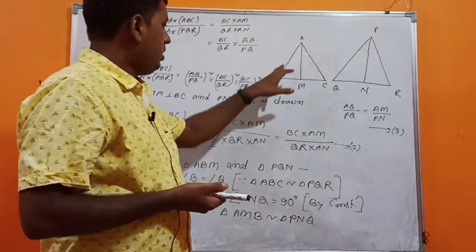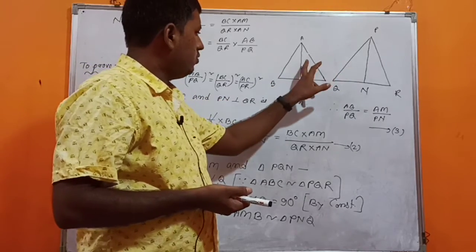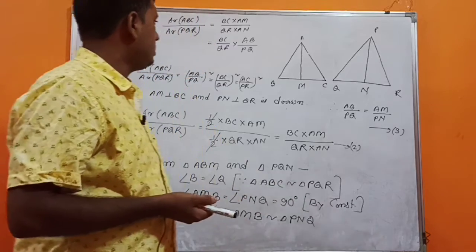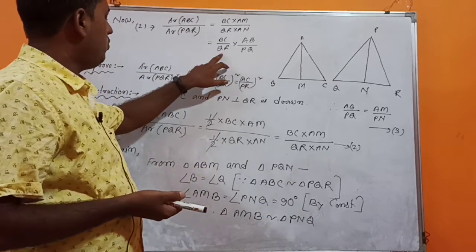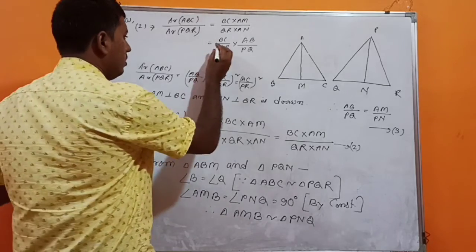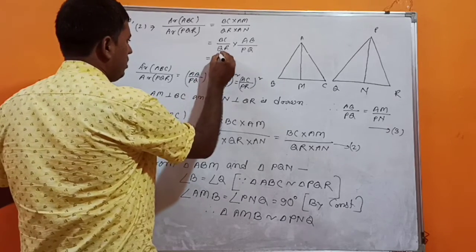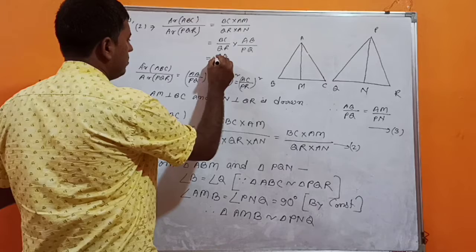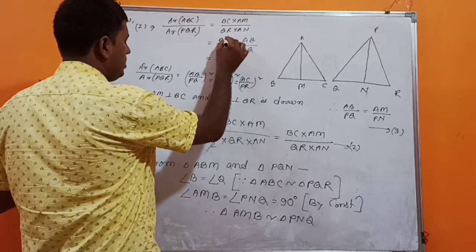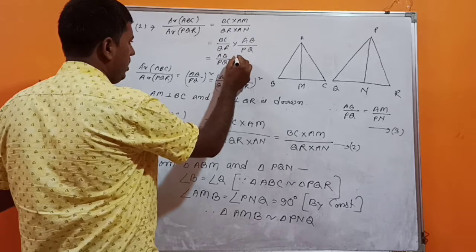This was AB by PQ equal to AC by PR equal to BC by QR. It means BC by QR and AB by PQ, I may put in place of BC by QR, that is AB by PQ. From 1, BC by QR can be written as AB by PQ